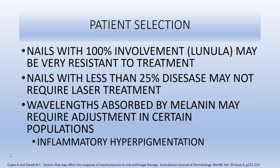Some other issues that arise when looking at lasers for the treatment of onychomycosis is the fact that nails with 100% involvement, which we certainly see not infrequently in podiatry, can be very resistant to treatment with lasers, and so combined therapies are going to be required. Conversely, patients with less than 25% of the nail plate involved probably don't require laser treatment and will respond to other topical therapies. We also want to be respectful of the wavelengths that are utilized in particular lasers, because certain populations may show increased absorption or conversely decreased absorption, and we may get effects such as inflammatory hyperpigmentation from the